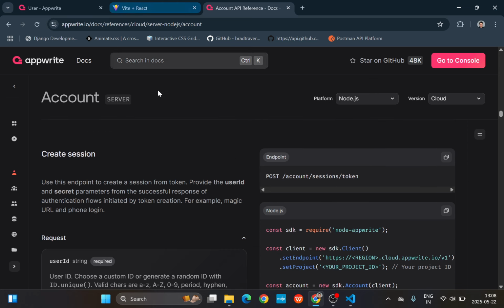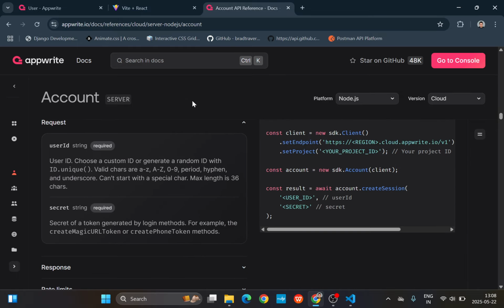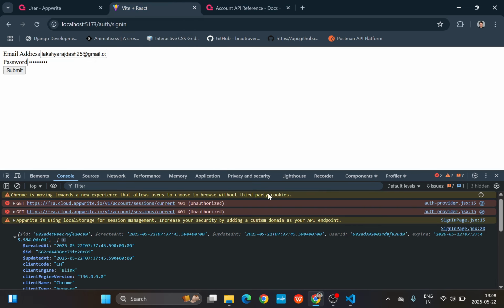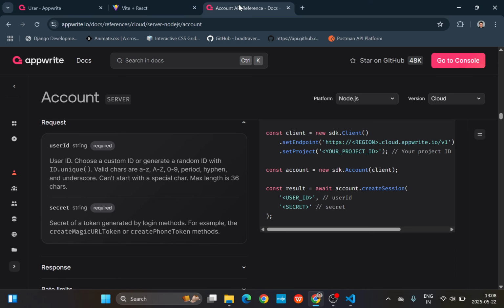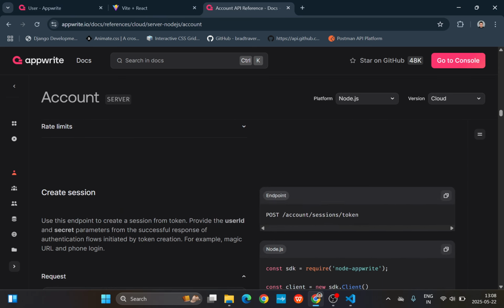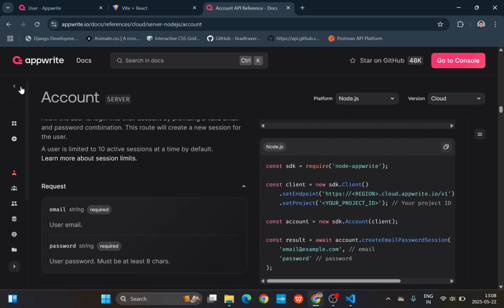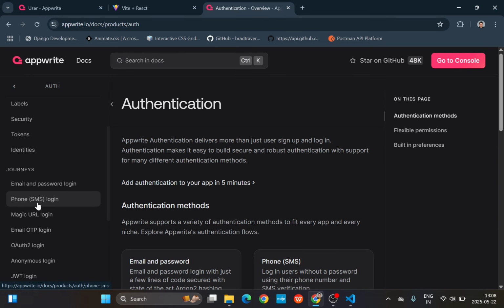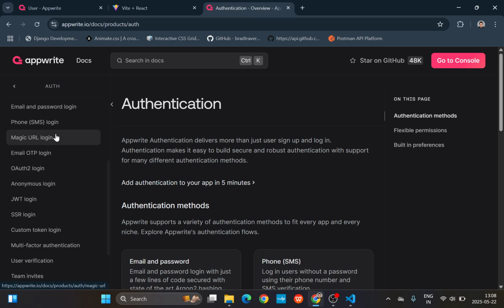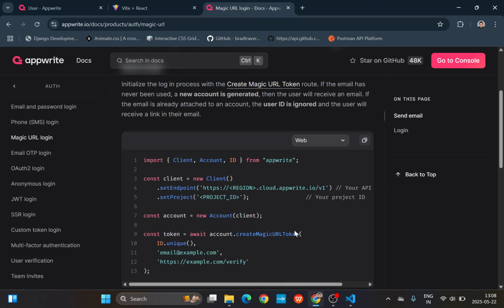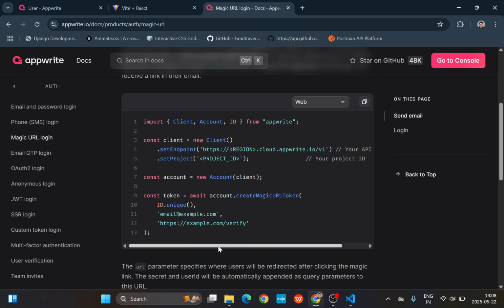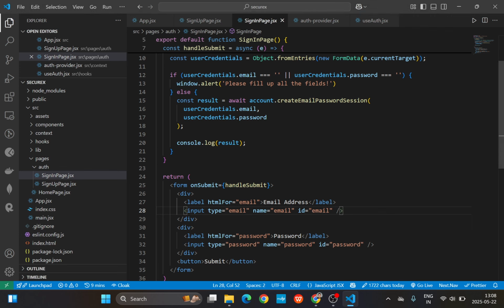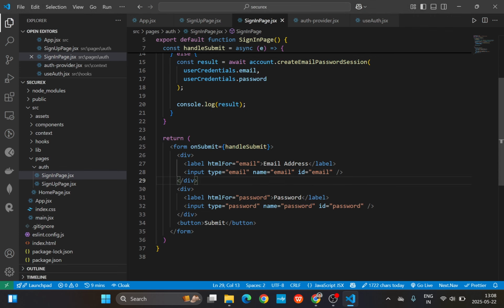We will not do that right now. The next thing is how we can create a passwordless login. Let us go ahead and browse that. Let me see auth, and here I want to create a passwordless login, that is magic URL login. Magic URL login. Now to create a magic URL login, what I can do is